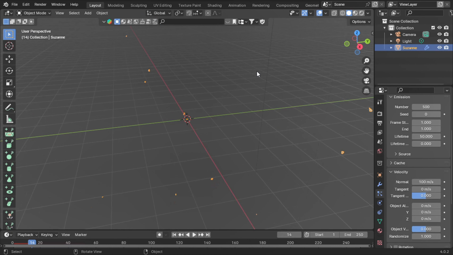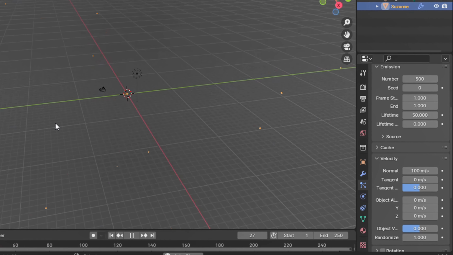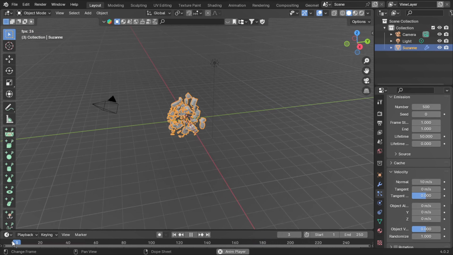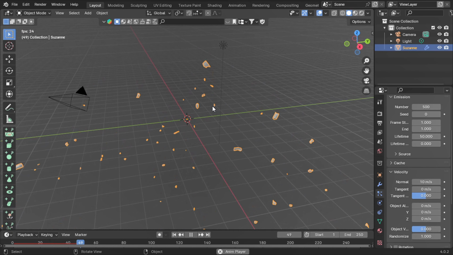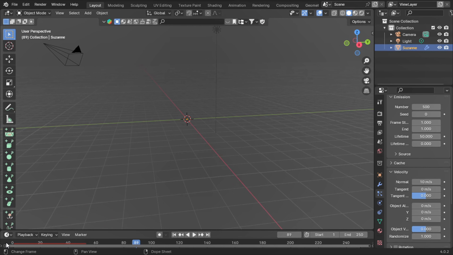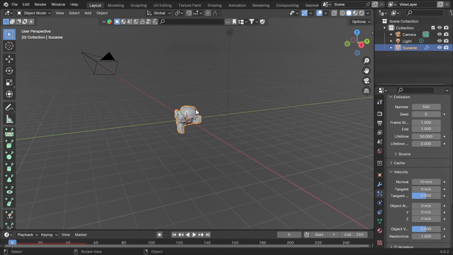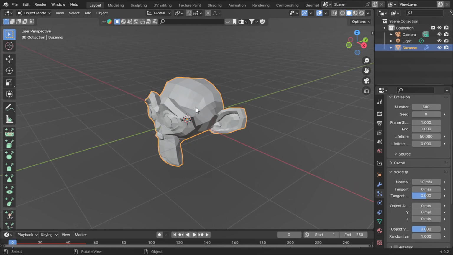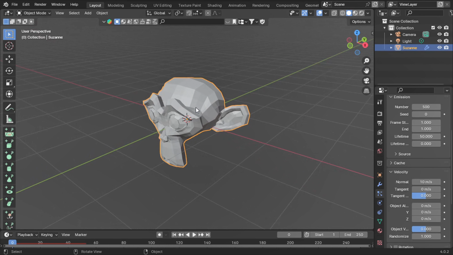And you see that it's really extreme in the effect, so let's reduce it to something like 10. I think the results will be better, and yes, this is a lot more realistic. But our object looks like it just crumbles and originates from nothing, so it just explodes just like that. For fixing that, we can add something like a bullet that goes into it and it explodes.